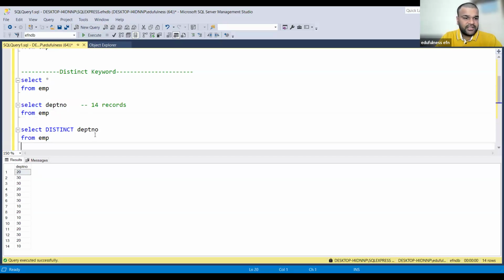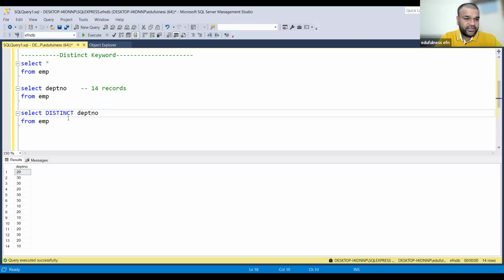Okay. Now here, when you include DISTINCT, the only difference between these two queries is the distinct keyword. But what is happening now? It is returning only different values. Duplicates are eliminated, see, unique values are returned. Now you can see both the queries' outputs.